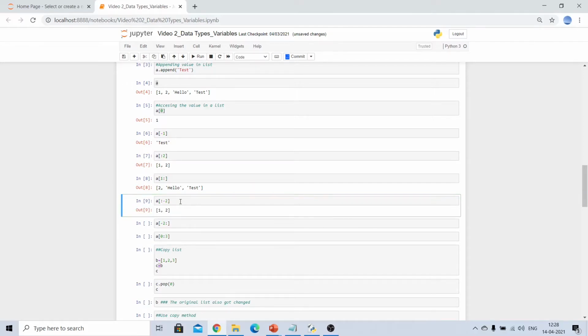So in this case, I want to extract all the values from my reverse side till the value present in my -2nd position. Here I got 1 and 2, starting before hello, which is present in my -2nd position.